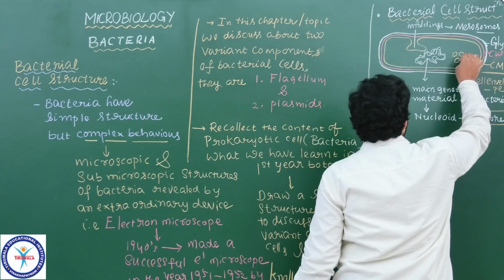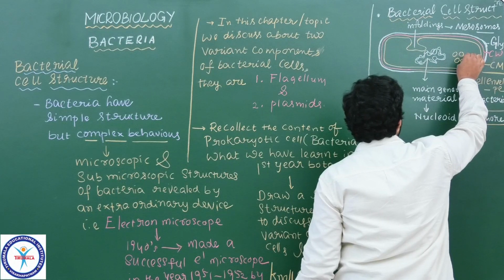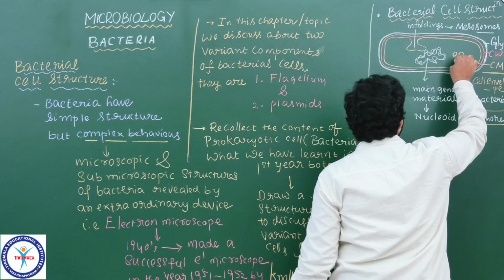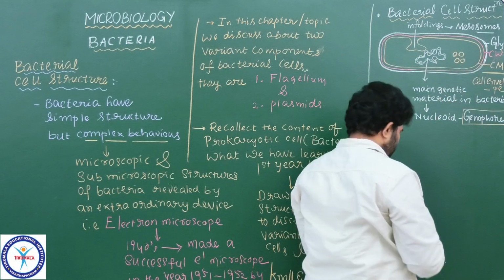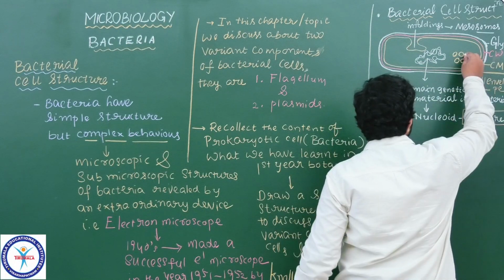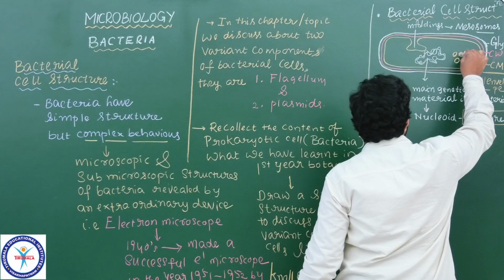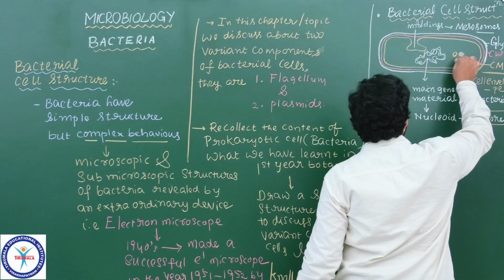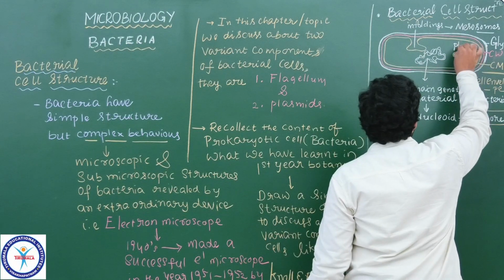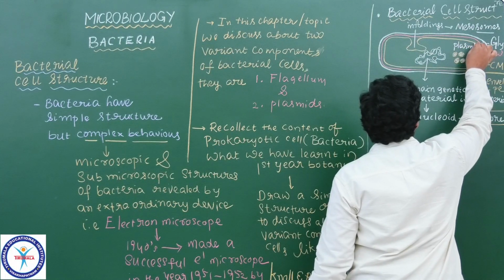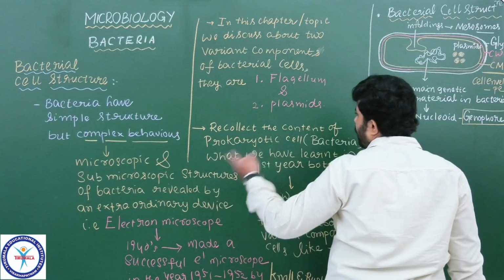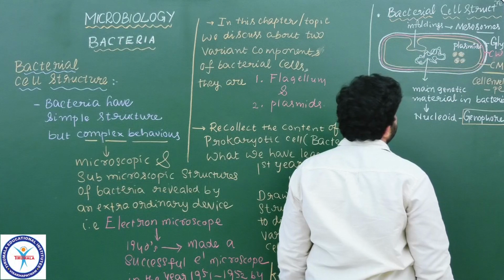Nearby this main genetic material, the genophore, we have extra-chromosomal, self-replicating genetic material in the form of small circular dsDNA molecules. Here all these are the extra genetic material, small circular dsDNA forms. They are called plasmids. So many are there; just focus your concentration on these structures, because we are discussing structures like plasmids.